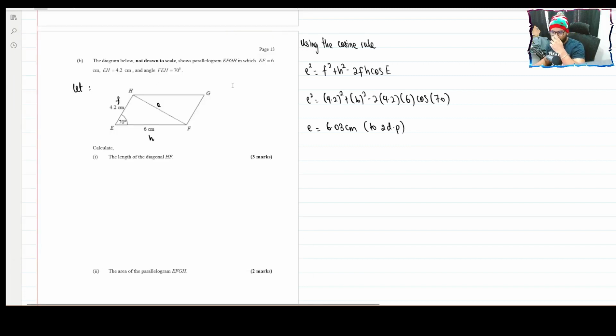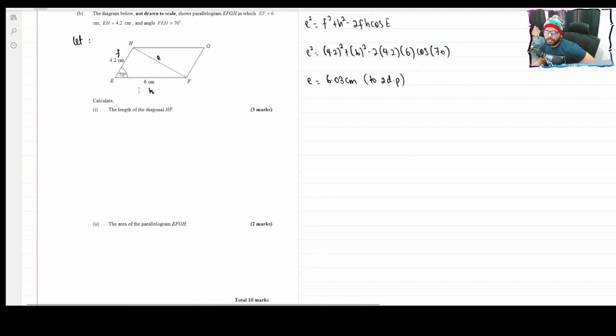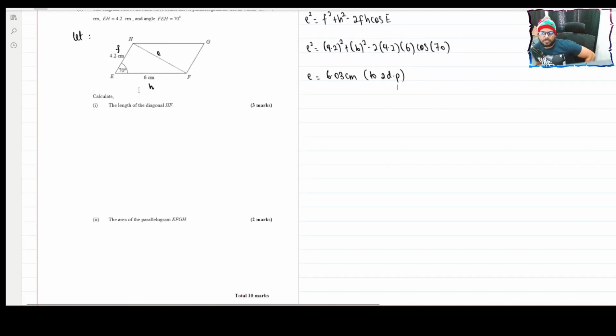The area of the parallelogram EFGH. Because the parallelogram is divided into two equal triangles by the diagonal, if I calculate the area of one of the triangles and multiply it by 2, I'm going to get the area of the entire parallelogram. Cool? So I can say that the area of EFGH is equal to 2 multiplied by the area of EFH,